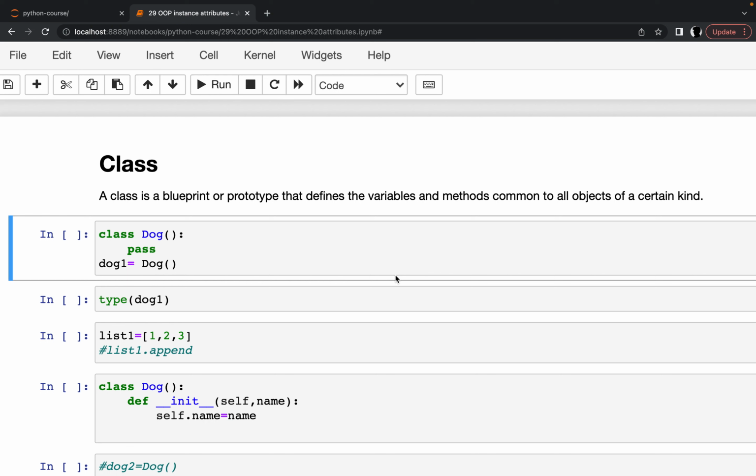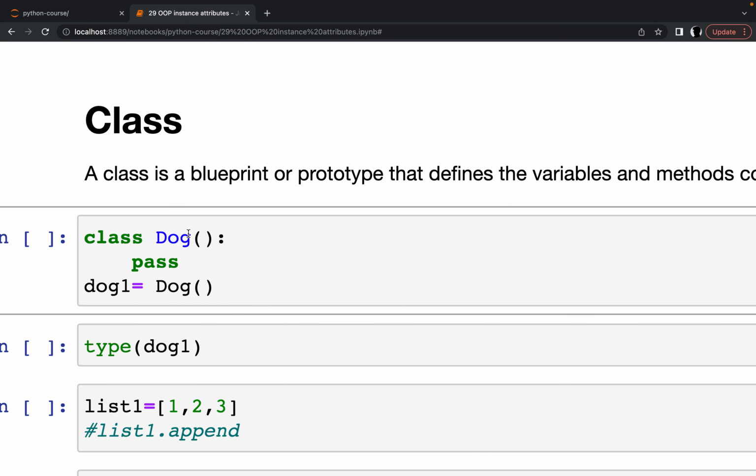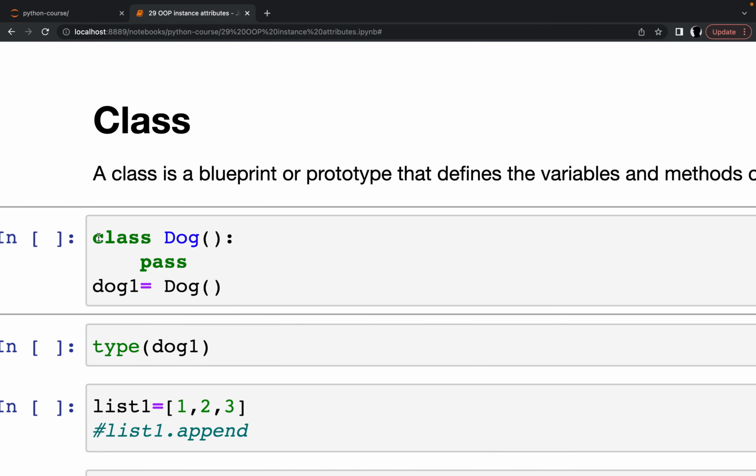In this part, we are going to talk about object-oriented programming. And first, we are going to talk about the class. A class is a blueprint or a prototype that defines the variables and methods for all the objects of a certain kind. For example, we create a class named Dog, and we do not add anything inside